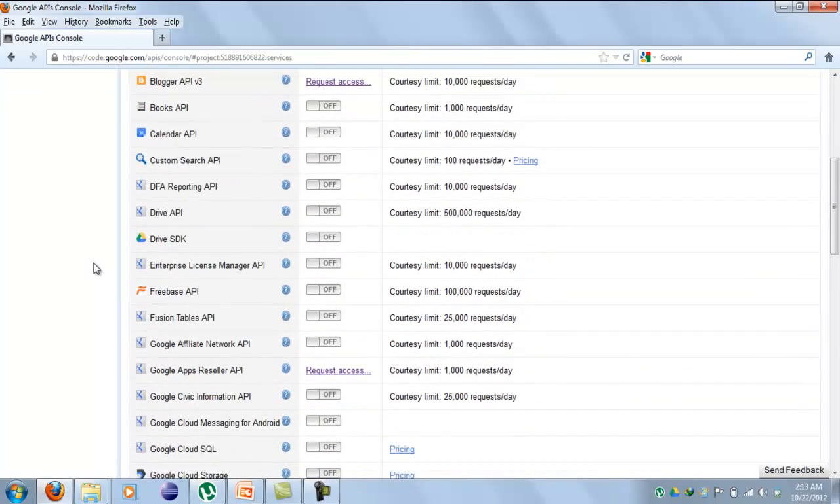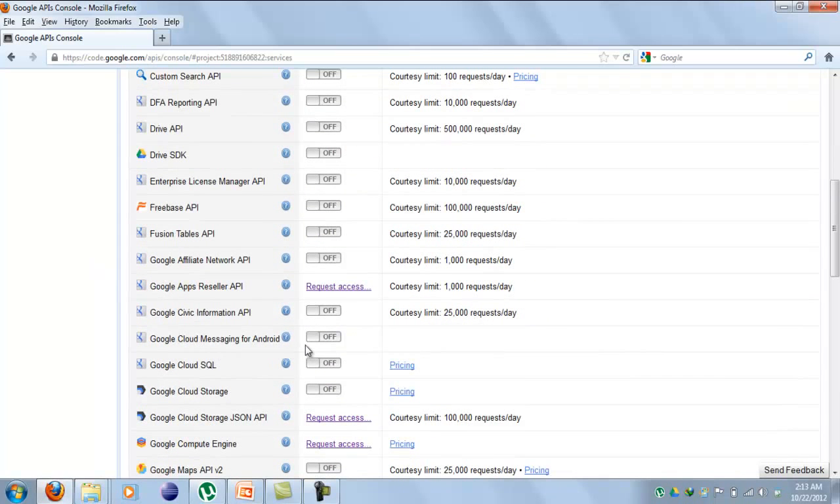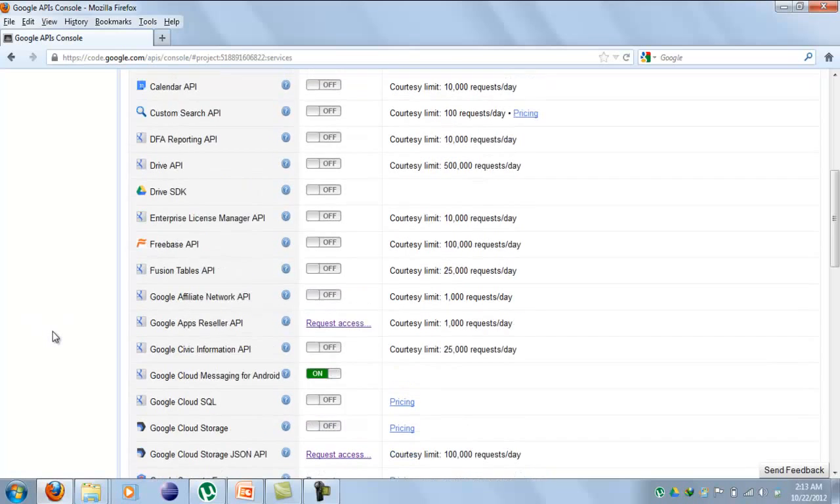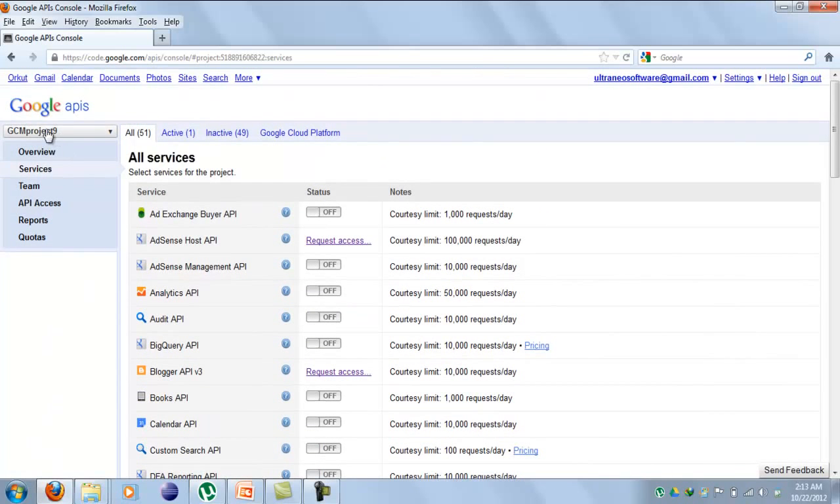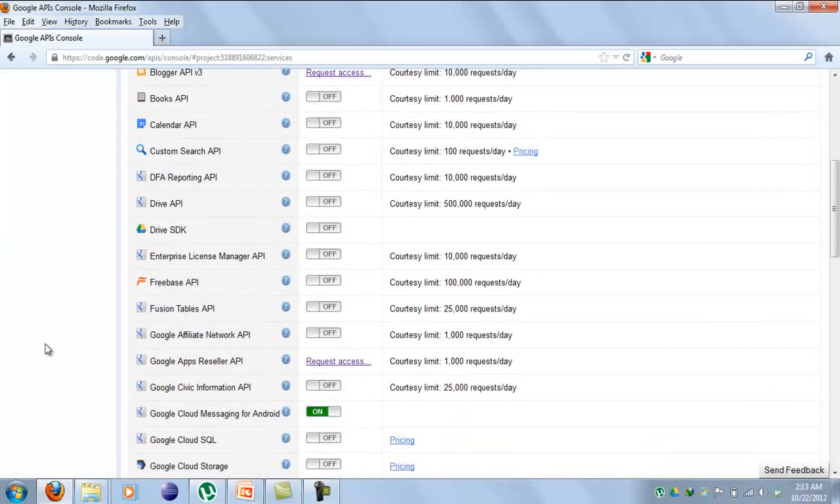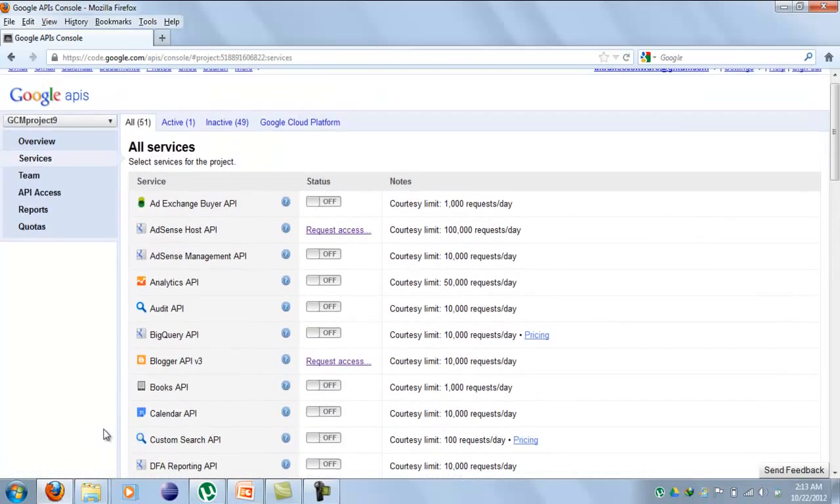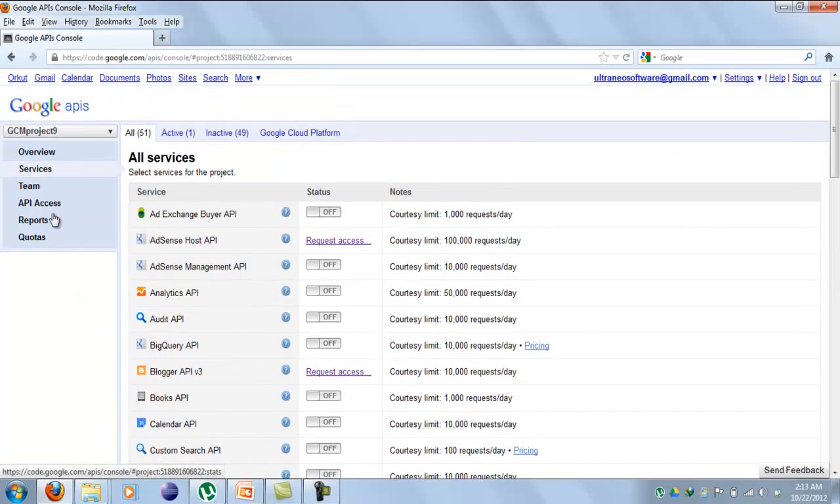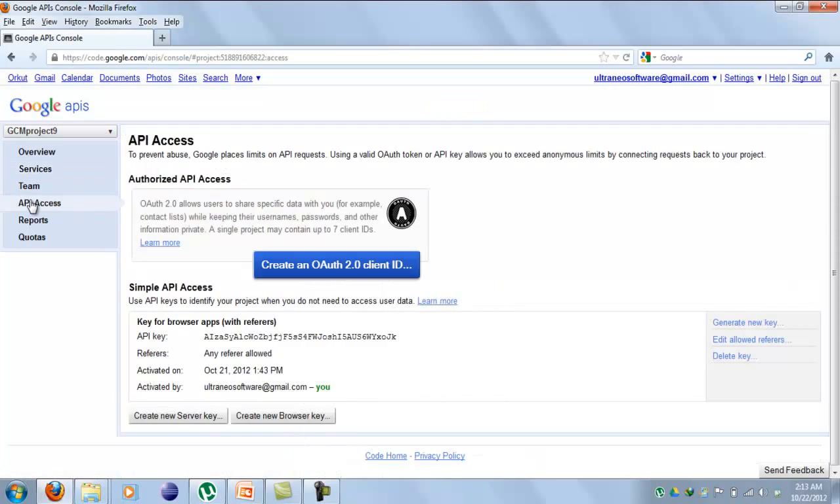Now you have to activate the Google Cloud Messaging for Android, and now everything is set. That means we have created a Google API project, and in that Google API project we activated the Google Cloud Messaging for Android. Now we need to note down something, that is the API key and the sender app name or project name. Click on the API access. This API key is used as an authentication token,